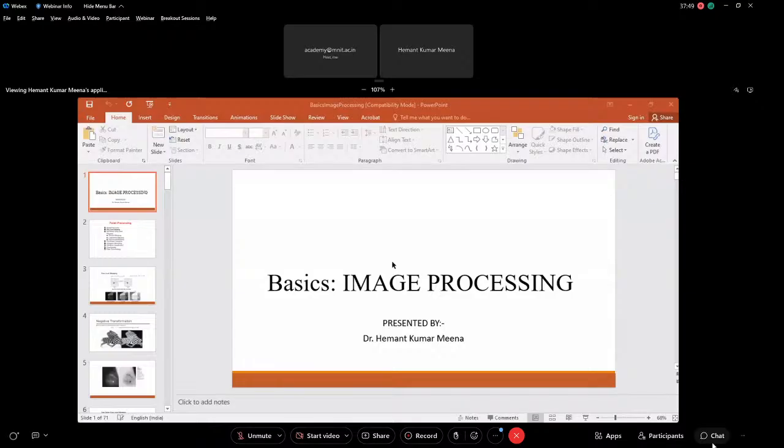Even if in one word I say that 99% of signal processing basically consists of image processing, it would be fine. We will take up many fundamental applications of image processing. So today